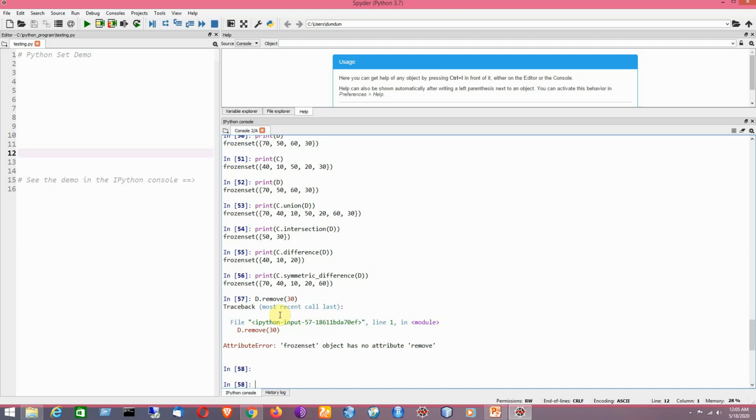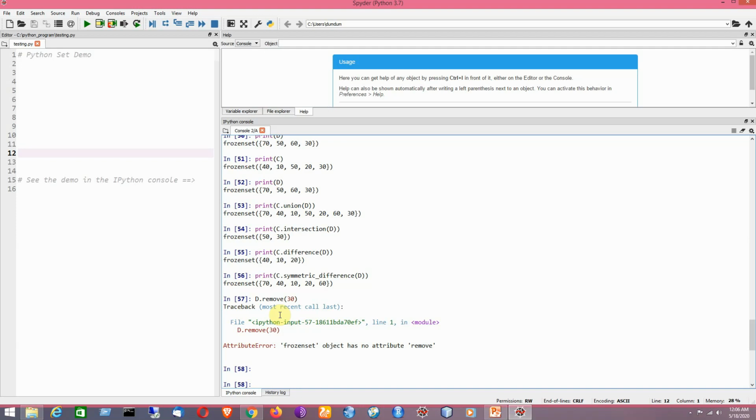For adding a single element we can have add, for multiple elements we can have update, for removal of an element we can have remove, discard, pop, that is removing the last element, or you can also use the del keyword to remove a set completely. You can also have the different set theoretic operations like union, intersection, difference, symmetric difference.